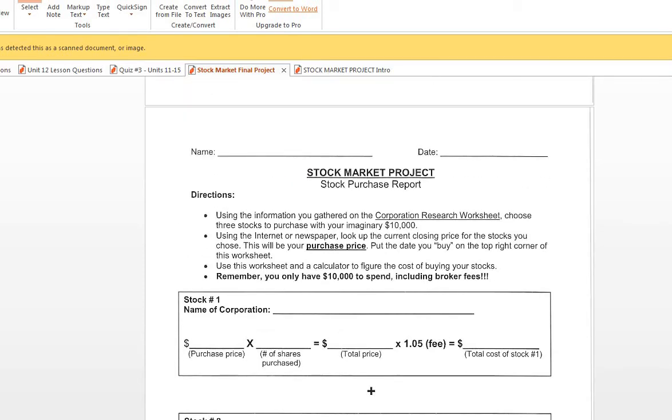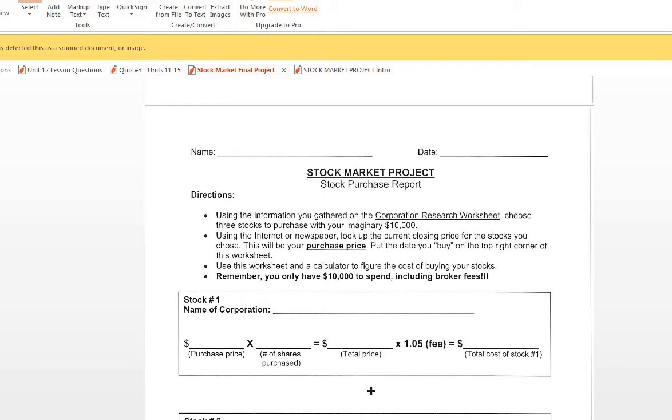But the next part of this project is one of the most important parts in my mind, because this is what determines if you invested the right amount and if you are tracking the right data. And this will determine if you're showing a profit or not. So you need to make sure that you're using the right numbers and using a little bit of algebra to figure out how many stocks do I need to purchase at what price to get to a total of $10,000